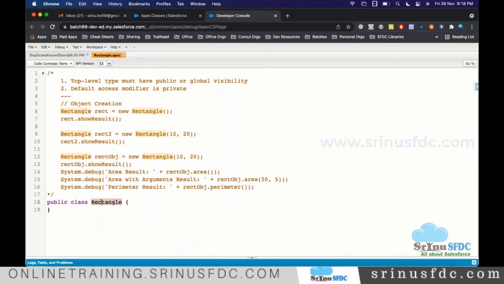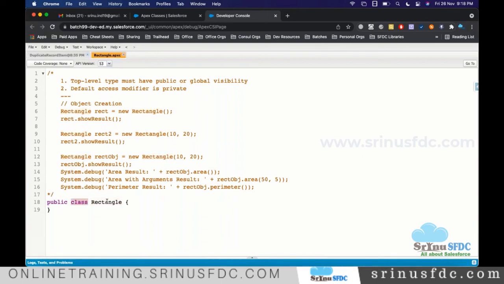Let's say a car. Maybe if you take Honda City as one of the cars, Honda City is the car model name. So for this plan, whatever we are doing, we are giving the name as rectangle. How does the system know that this is a plan?